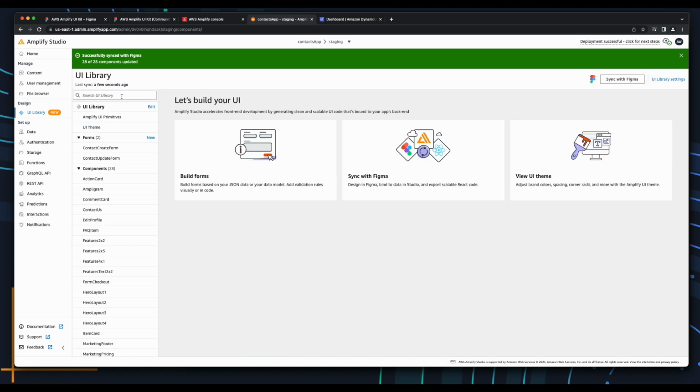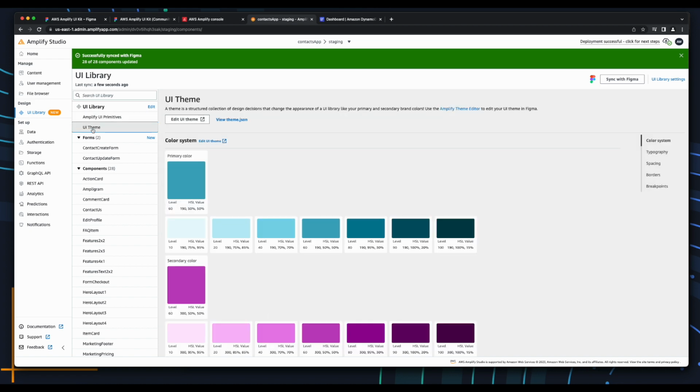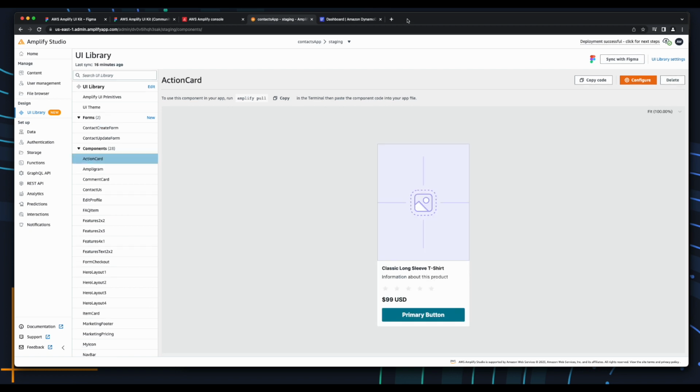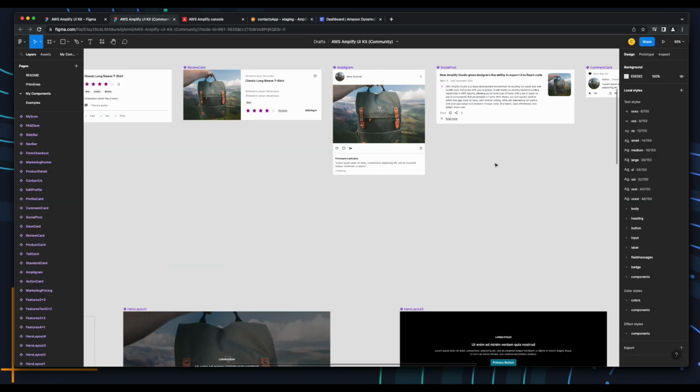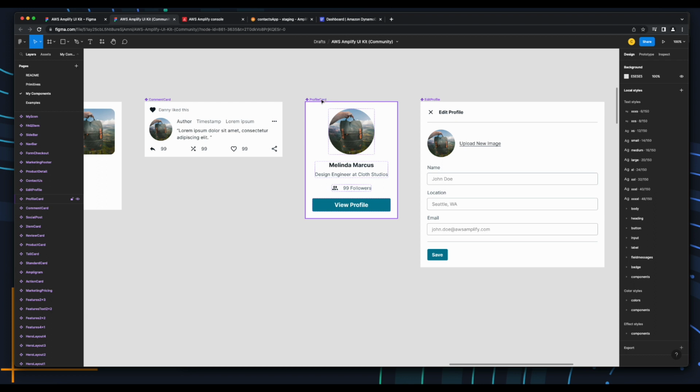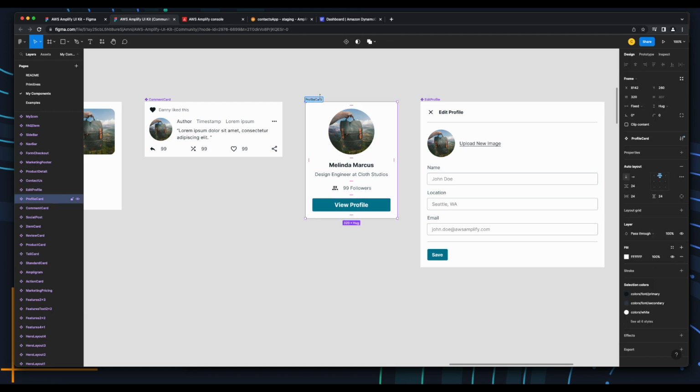And now inside my UI library, I have access to the UI primitives, the theme, forms, and components. And now that these are imported, if I go back to Figma and find the profile card, I could double click to edit it,